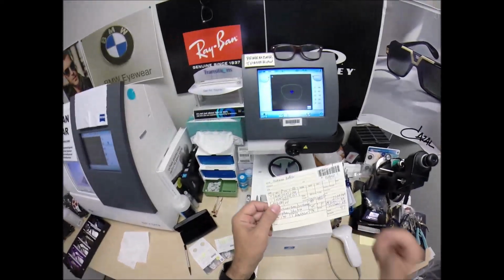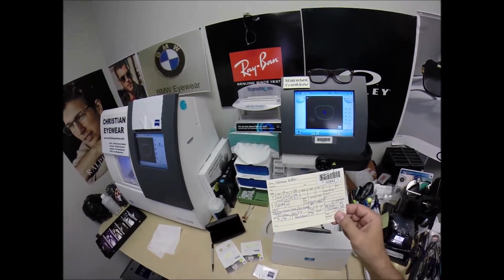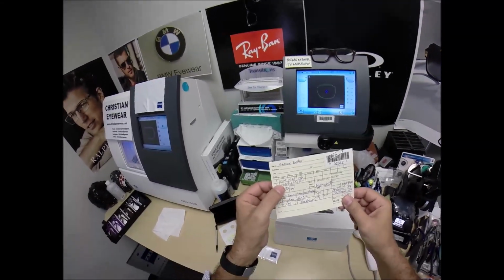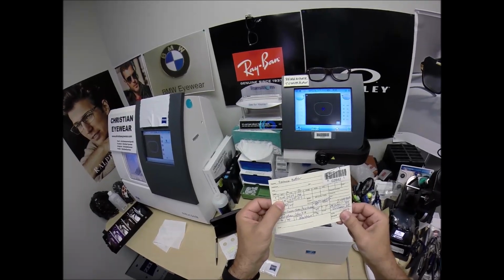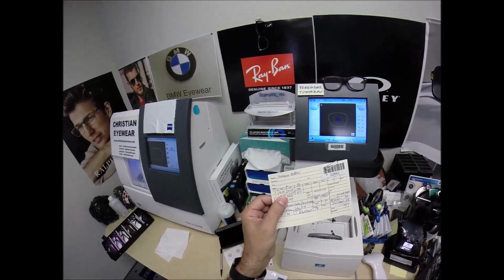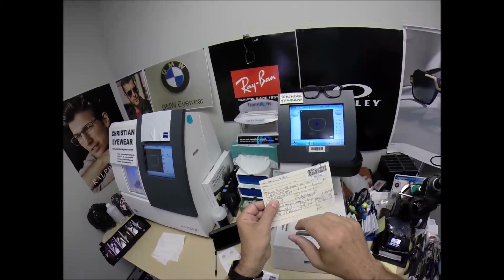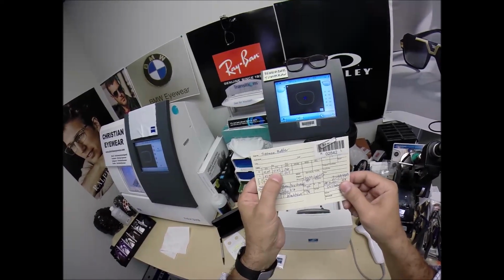So the unit of measurement we use in the optical world is called a diopter, spelled D-I-O-P-T-E-R. It starts at 0 and goes up in quarter increments from there: 0.25, 0.50, 0.75, 1. So I'm on the 4th rung of a ladder for far-sighted correction. I'll get to my nearsighted, but once everything is the correct size, I have 1 step